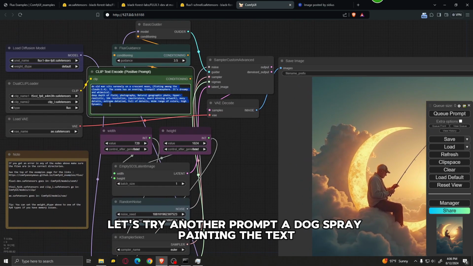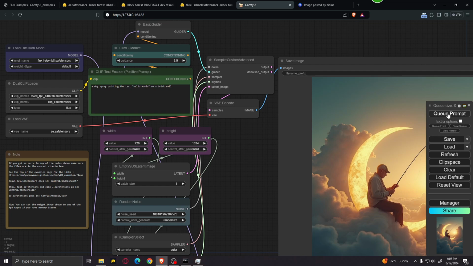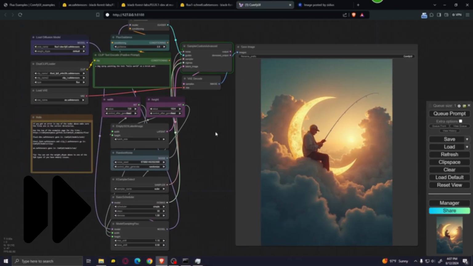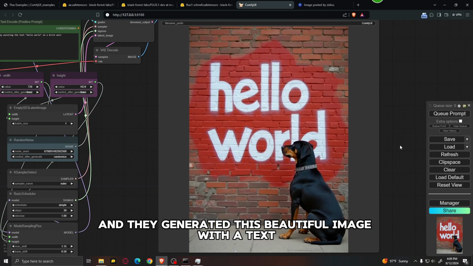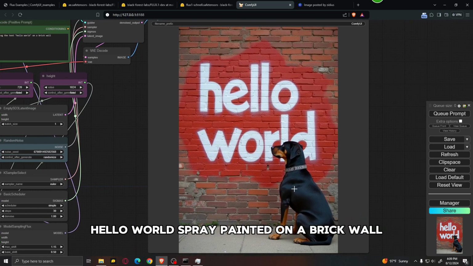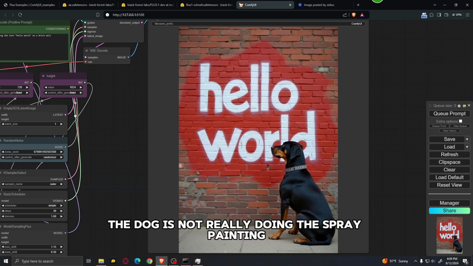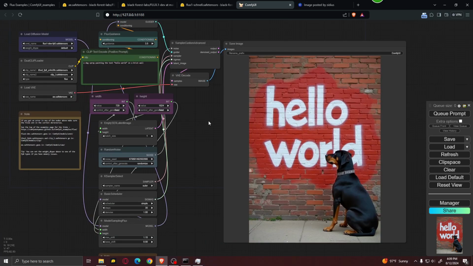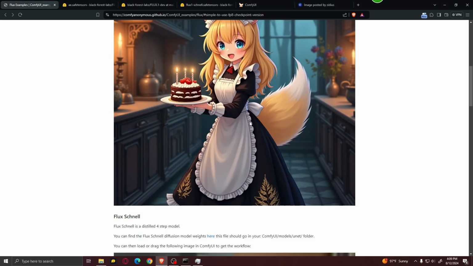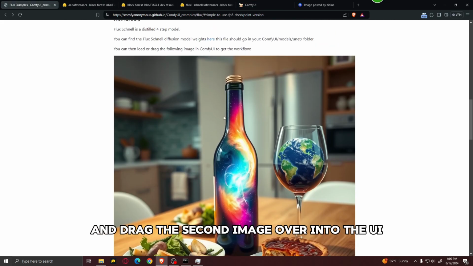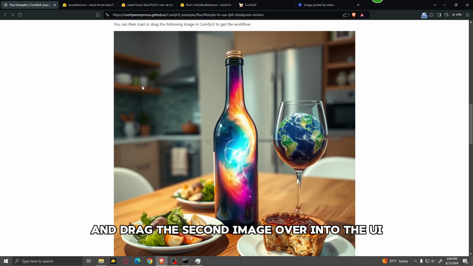Let's try another prompt. A dog spray painting the text "Hello World" on a brick wall. And it generated this beautiful image with the text "Hello World" spray painted on a brick wall, even though the dog is not really doing the spray painting. Now we can go ahead and clear the canvas. And if you go back to this website and drag this second image over into the UI,